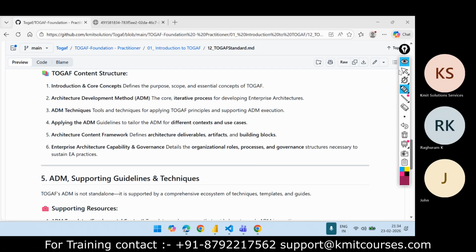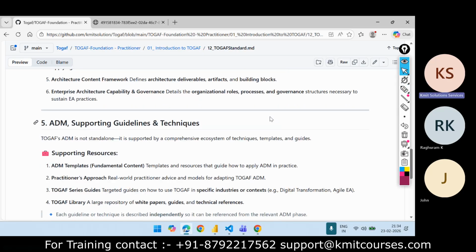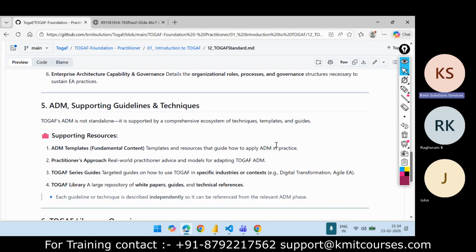Right. Now, next is the ADM supporting guidelines and techniques. When we are talking about the ADM, ADM is the Architecture Development Method. So it is the ADM cycle. ADM is not something like account delivery management.